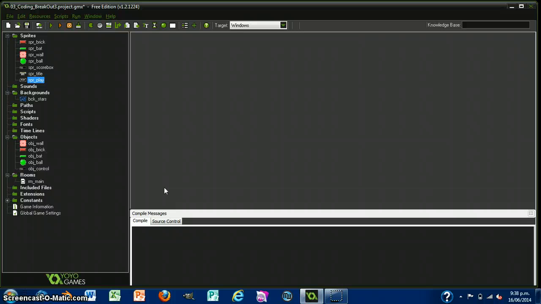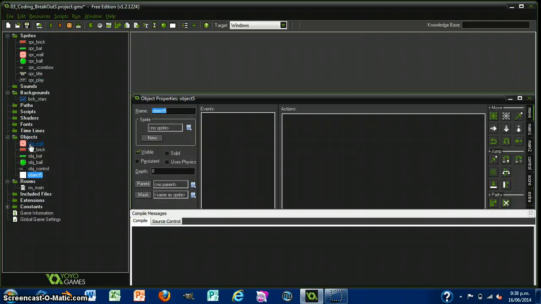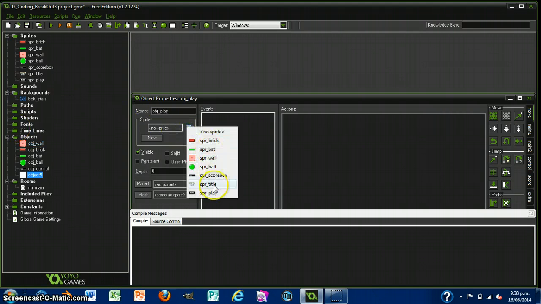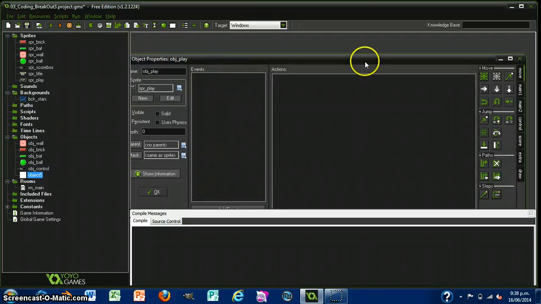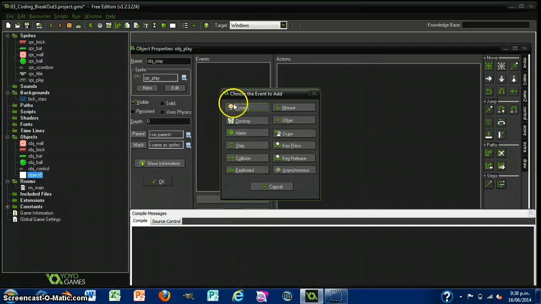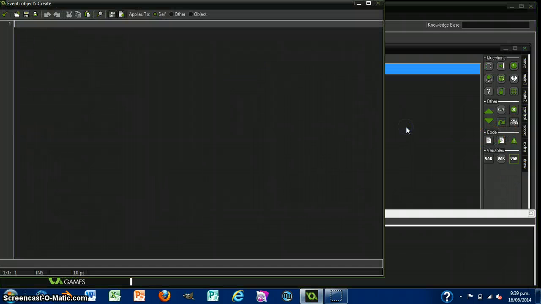Now we need to create an object, and I'm going to call mine obj_play. Now I'm going to assign it the play sprite and add a create event. Next I want to add in an execute code,